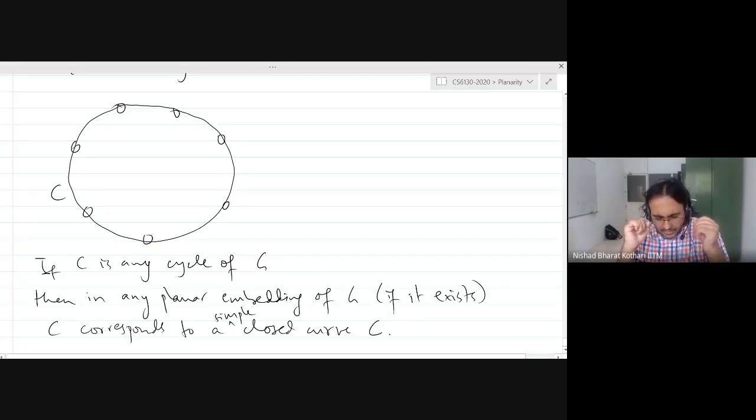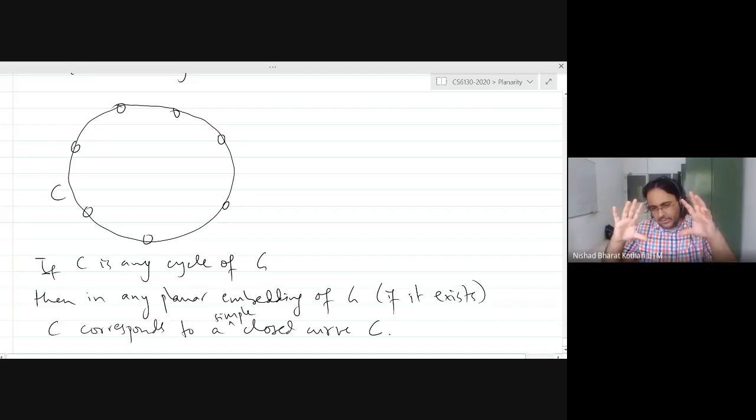Good. So now the question is, you can embed clearly if it is just a cycle. If your graph is just a cycle, then it is planar, right? The question is, what about the other things in the graph? So you fixed one cycle, but now the graph may have other things, right? So can you somehow think about those pieces of the graph with respect to this cycle? I am going to make all this very clear in a few minutes or in the next lecture.